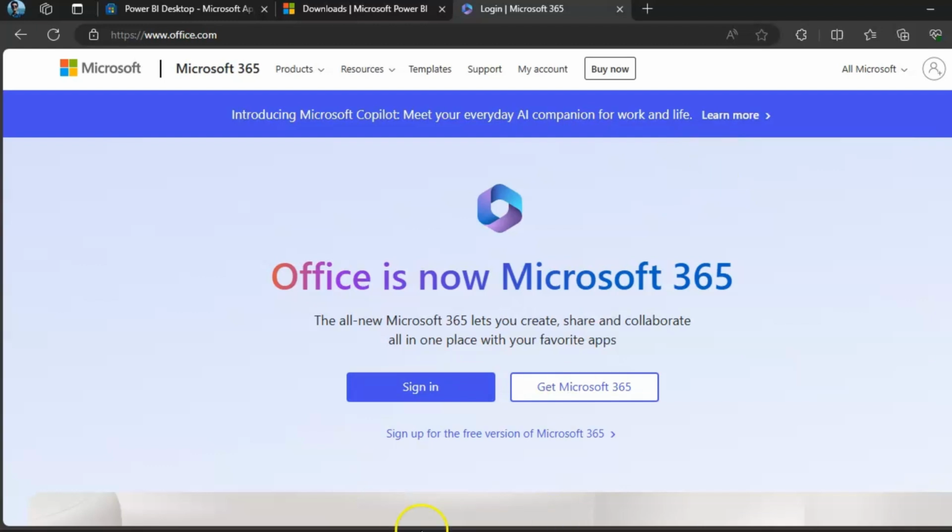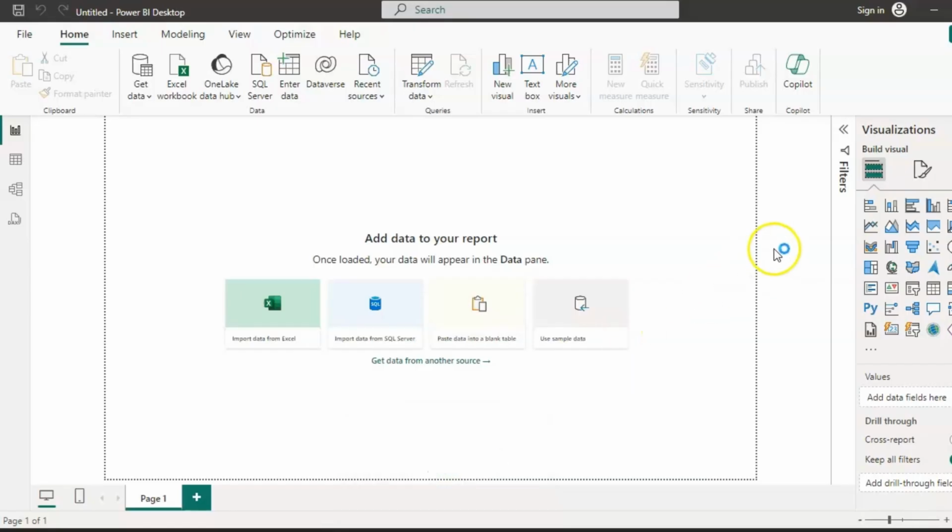Right. But there is also something that you might have seen on the screen, and that is a sign in option available over here, right? Whenever you are working with Power BI desktop on your laptop, there is one thing you have to make sure of, and that is you are not required to register to Power BI that you are using on your laptop. If you're working in an organization or in a company, then there is a chance that you will require a more upgraded version of Power BI desktop. But in this specific scenario, for our specific course, we are not working on the upgraded version, or doing the sign in over here, right? So there is no need to sign in.